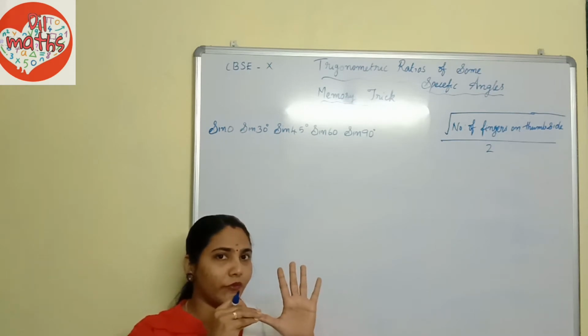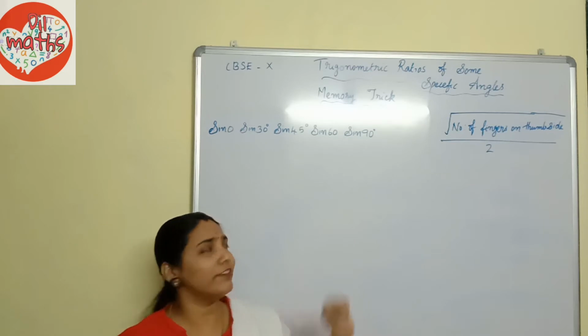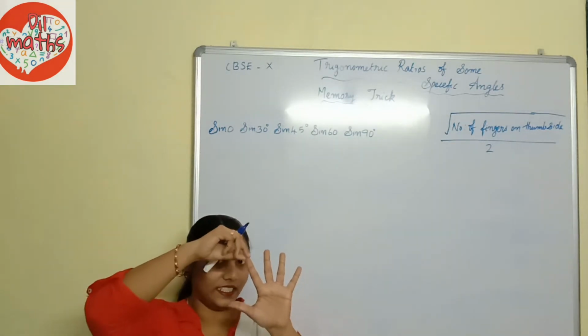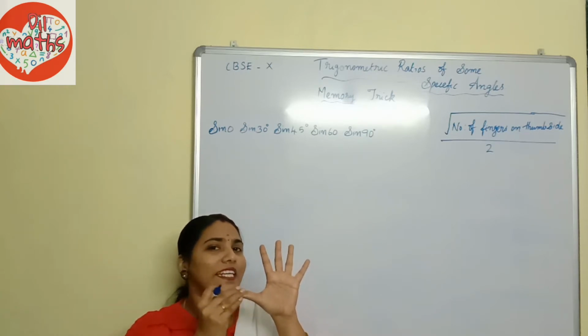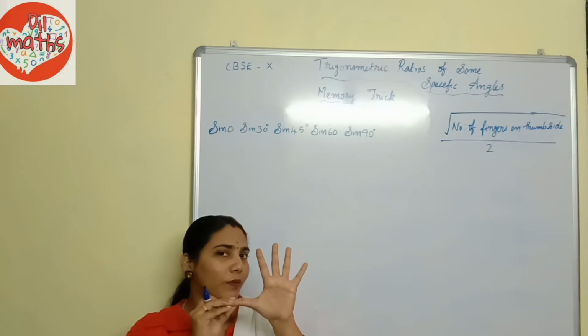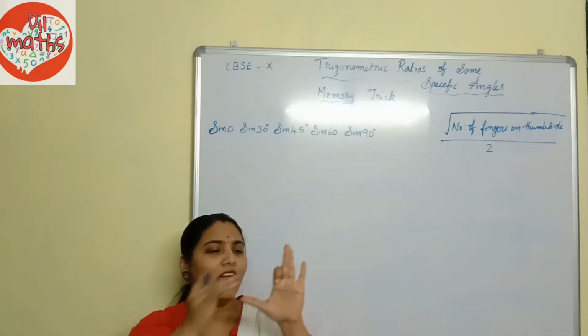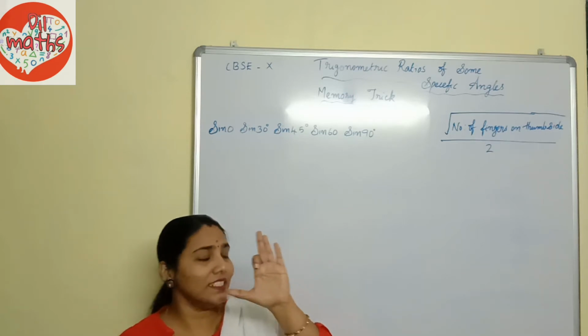Okay, this is the thumb finger, so this side you have to use. We will check first. First we will go to sine 30 degree. Which one is 30 degree? This is 30 degree, and this is thumb side. How many fingers are left in thumb side? This is 30 degree, so we have to close this 30 degree. And how many fingers are left in thumb side? One finger is left in thumb side.